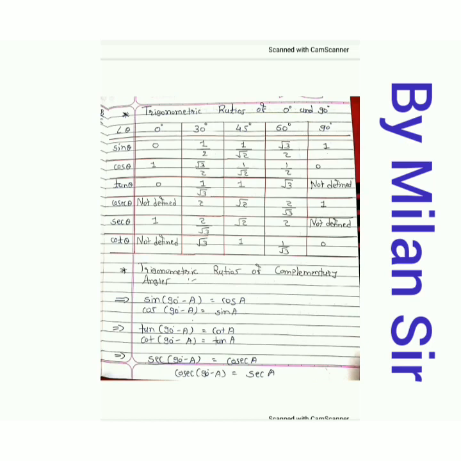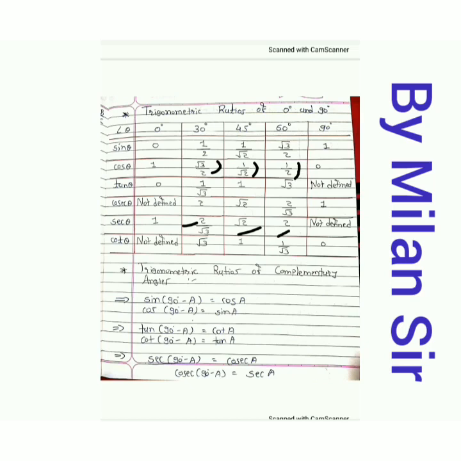Now sec theta is the inverse of cos theta. Right? So you can also write 1 by 1. Now change the numerator and denominator, then you can get 1. Now for the 30 degree angle, change the numerator and denominator. So 2 by under root 3. Here, under root 2 by 1, it is under root 2. Here also change the numerator and denominator. 2 by 1, it is 2.